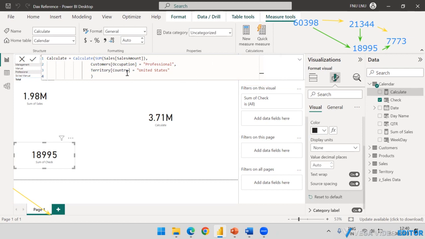So again, the order matters, but here the order will remain the same. This will get executed first, this will get executed second, and this will be executed third. This is the evaluation order in the CALCULATE function. Right. So this is about the CALCULATE function